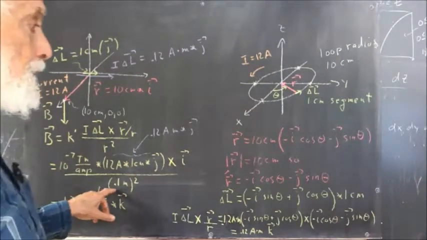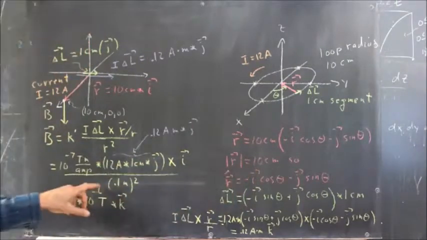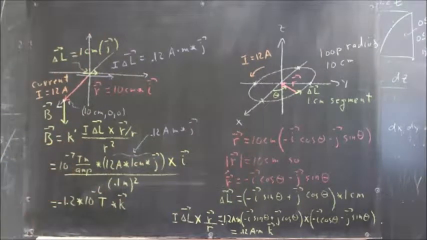The magnitude of the R vector is the same as it was here, and of course this constant is the same, and everything is going to come out the same magnitude except it's going to be positive. We're going to get a positive 1.2 times 10 to the negative 6th Tesla times K,